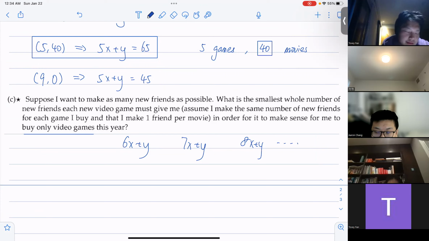Yeah, but if you try them out, it's going to take a long time, right? What if the correct answer is 18x plus y? Then you're going to take a long time, right, Lily? So trying them out is viable, it just takes too much time. So we can suppose. Let the smallest number of friends be k, and then kx plus y has to be the